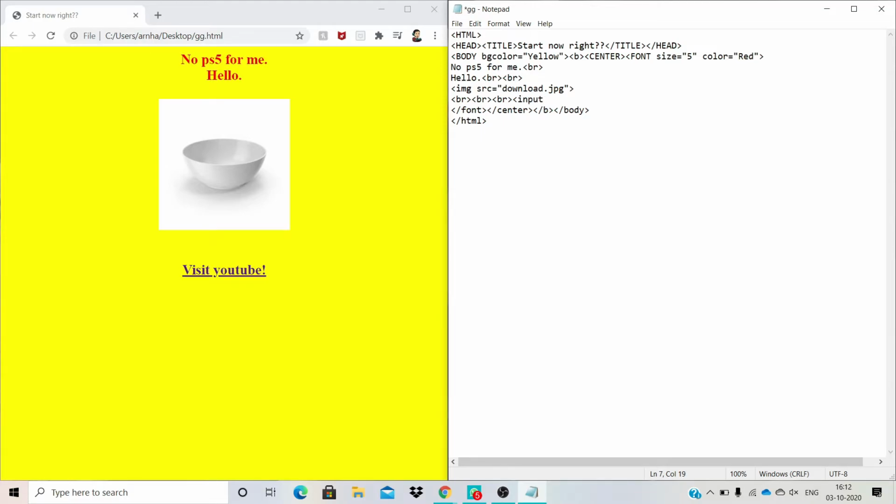Input is a tag for receiving inputs. Then the attribute will be type. Maybe I should write submit. Placeholder, so that the text comes there. So ggggg. Then we will close the tag.